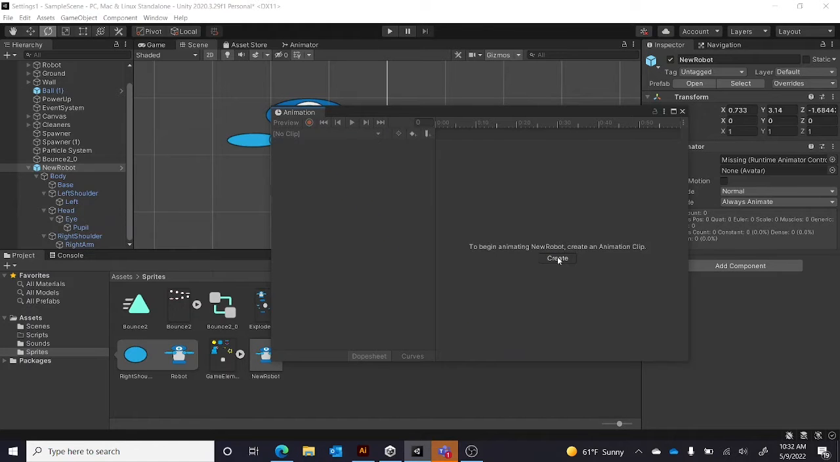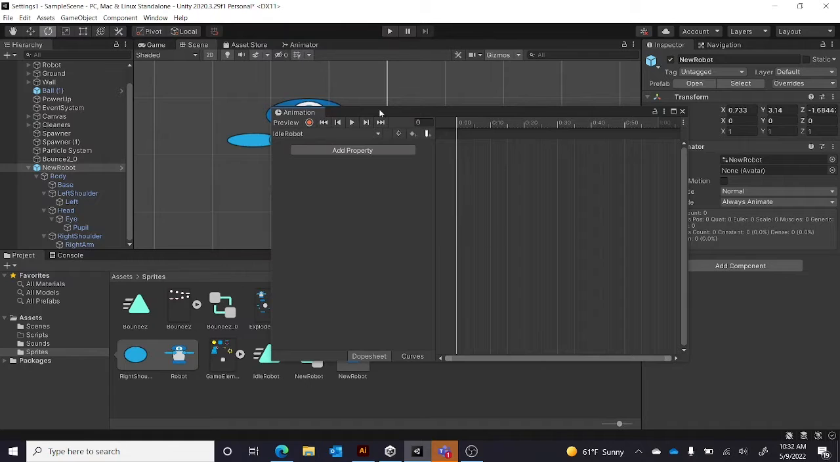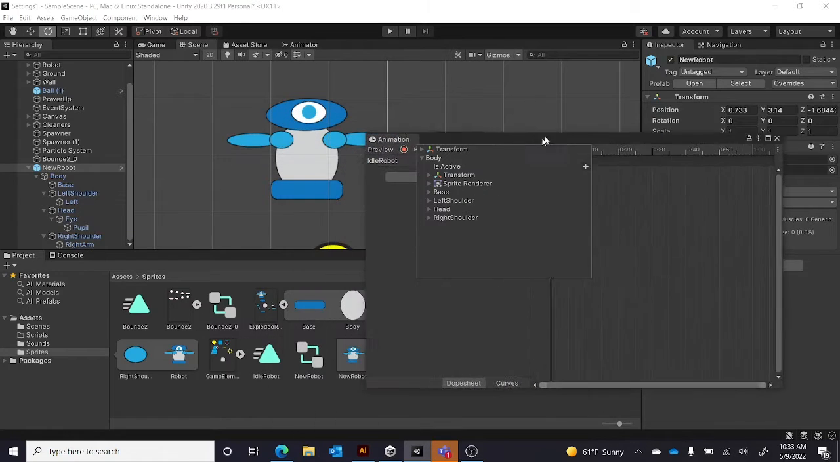If you now hit create, it's going to ask you what do you want to call it. I'm going to call this idle robot to start with. And this will be creating the clip for the idle animation. I can now add properties, and it's going to give me all of the properties that are associated with the object in my hierarchy that I originally selected. And so you'll notice that I can expand out the body, and we're going to give this idle animation for my character